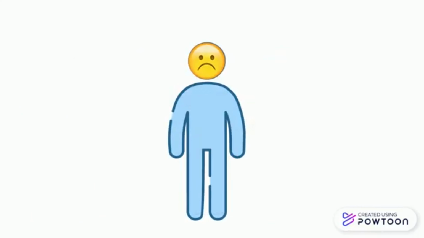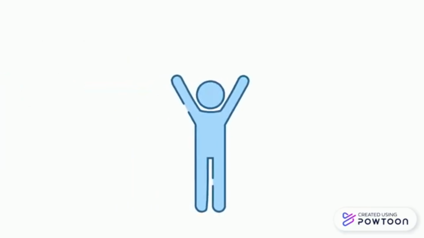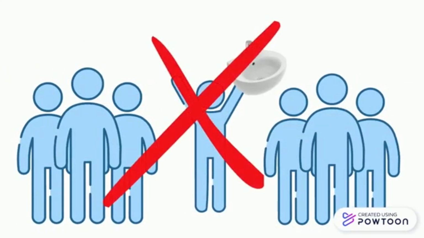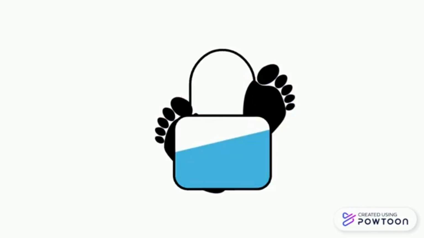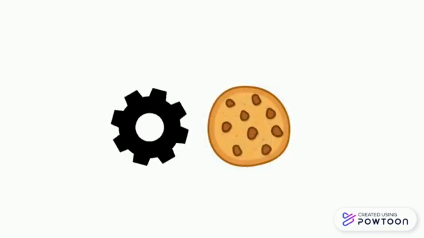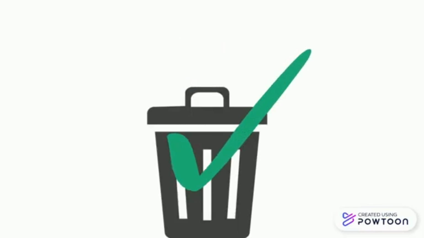Everyone makes mistakes, and if you learn from them and improve, you will be fine. However, it is not acceptable to continuously be unmindful of those around you. You need to change in order to make a difference. To keep your digital footprint safe from websites and apps, you can change your cookie settings and delete as many cookies as you can. This will clear your browsing history and information that websites keep on you.